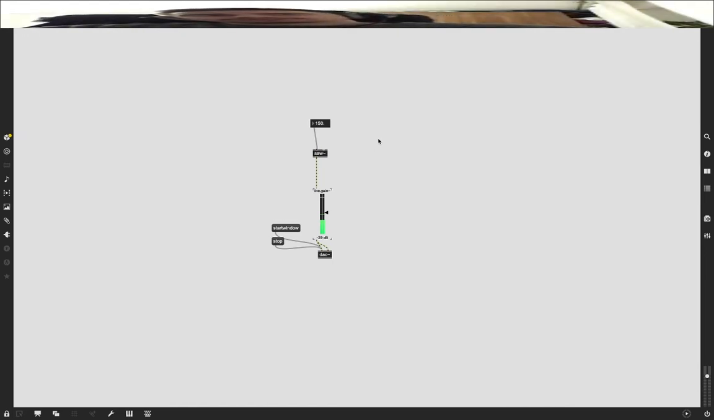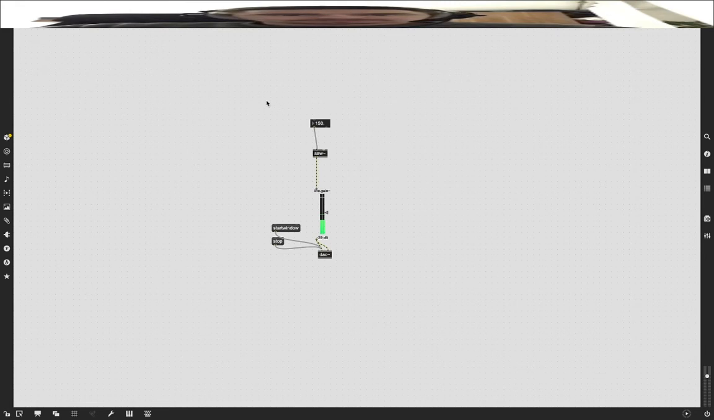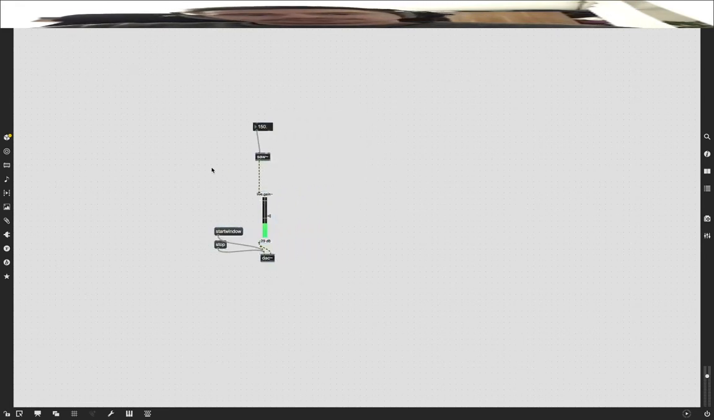Hello everyone, today I'm going to show you how to create an envelope generator in Max MSP. I will start with a simple patch with a saw oscillator. Okay, so